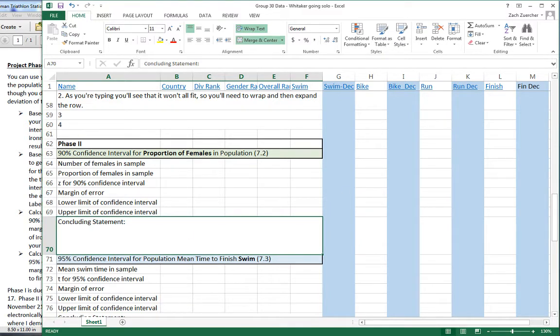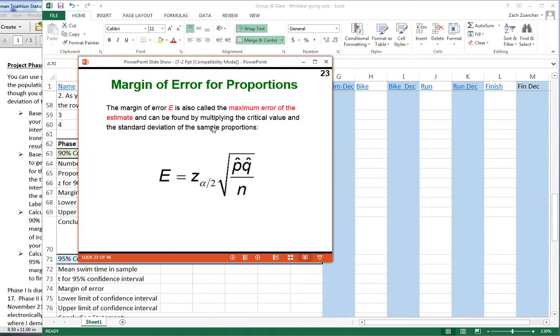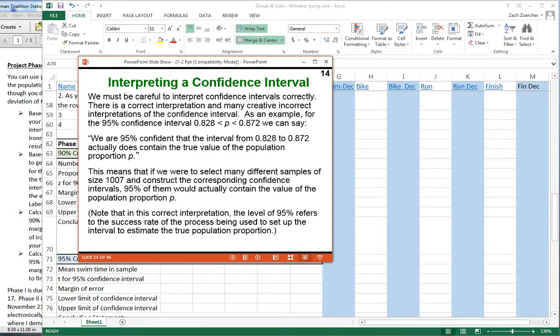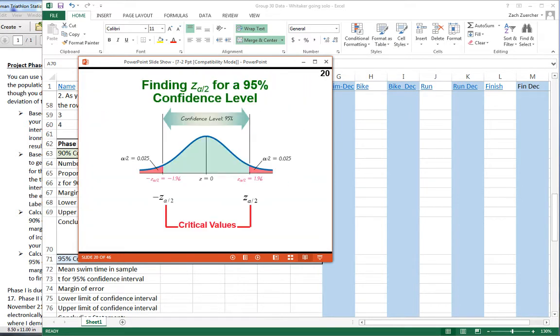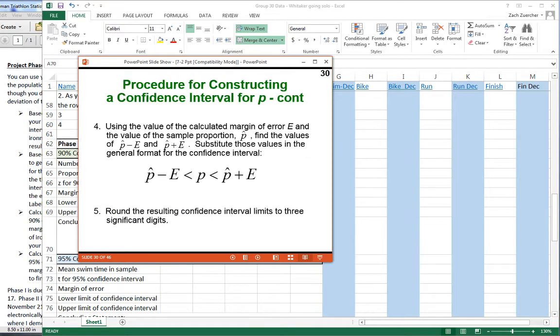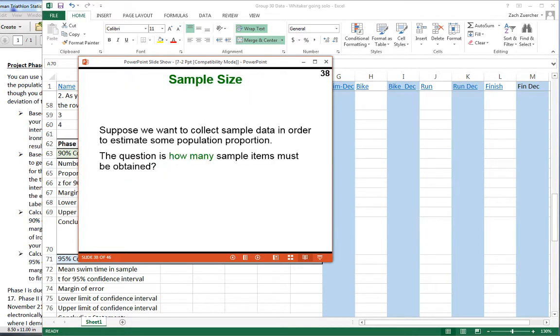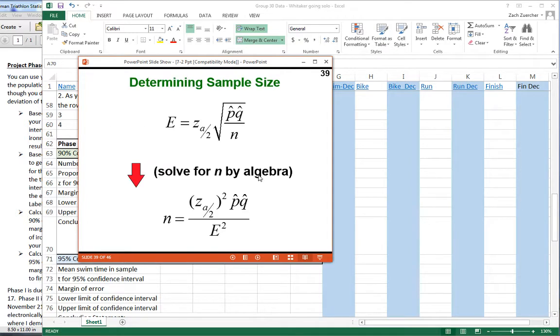Now, if you're trying to remember what in the world, that was so long ago, I do not remember. Well, go back to 7.2. Go back to PowerPoint 7.2. You will see there that you have everything you need for calculating the confidence intervals, for calculating the margin of error, and also down here at the end you also have an example of how to figure out the necessary sample size for a particular margin of error,